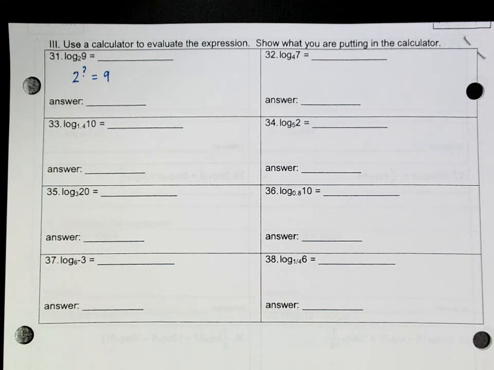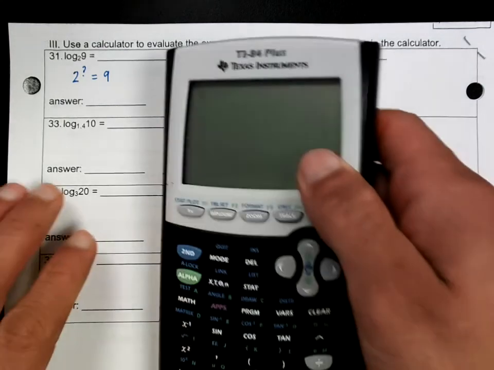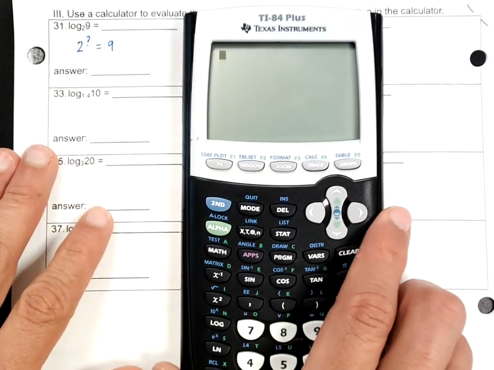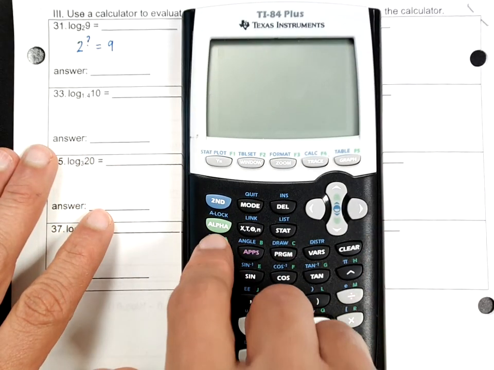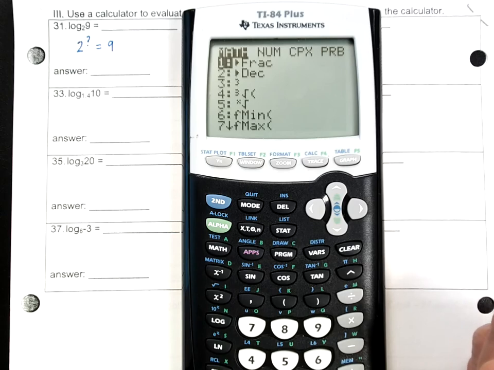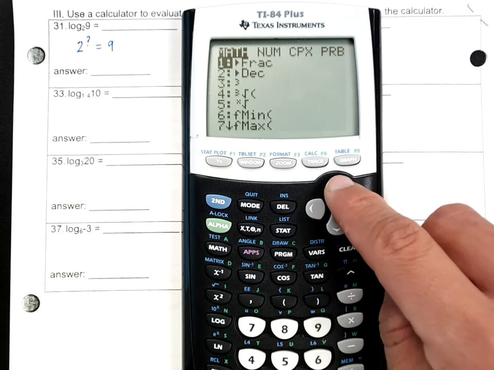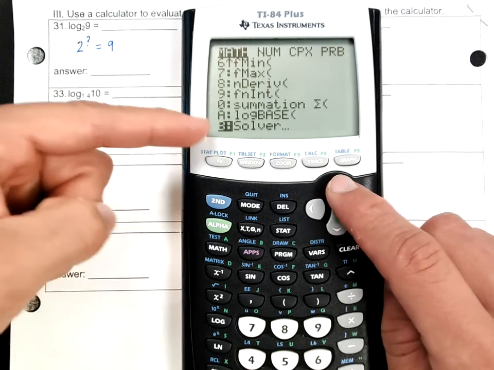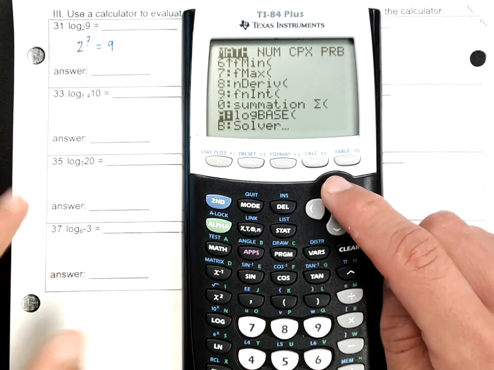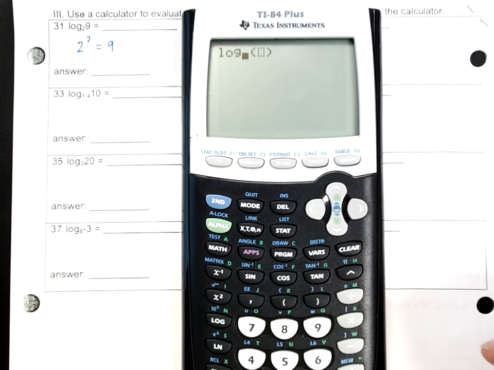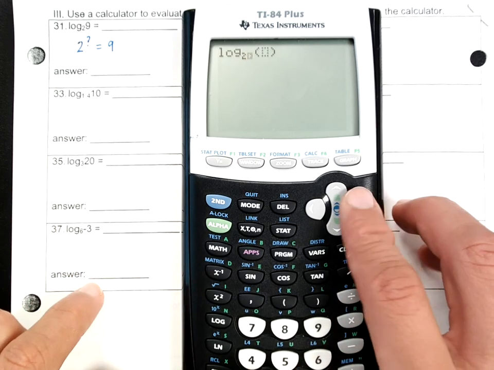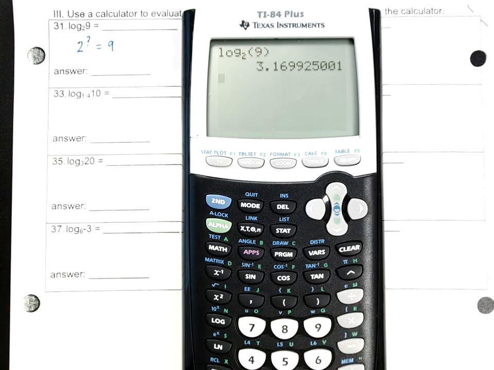You see that? So what you do to do that is you're going to go to the button Math, which is right here, so go to math, press enter. Now you can scroll down if you want to, but if you press the directional button up, it actually takes you to the bottom of the menu. So if you press up, the option A right there, that's log base, and if you press enter, well, the rest is kind of self-explanatory at that point. You just plug in whatever they gave you here. All right, so that right there would be